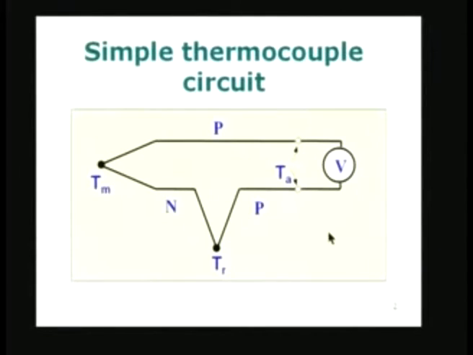previous figure here, you see that this is the temperature Ta, this is the temperature Ta, there is a third material, and you see that this is exactly what we have in the second law, which we explained in the earlier slide. So, that means that the presence of these 2 extra junctions is of no significance. It is as though the voltage indicated here is only because of Tm and Tr, and these 2 junctions were absent. If it were not so, we would never be able to use a thermocouple circuit, because it would be very difficult to construct a thermocouple circuit to measure the temperature.